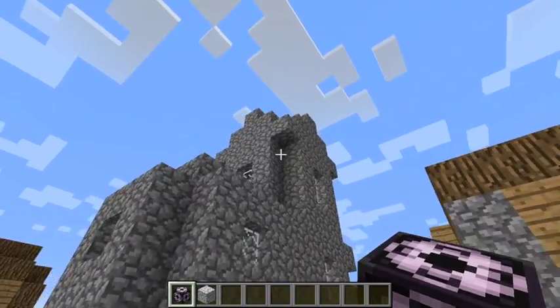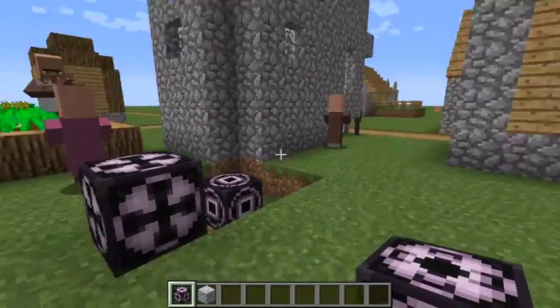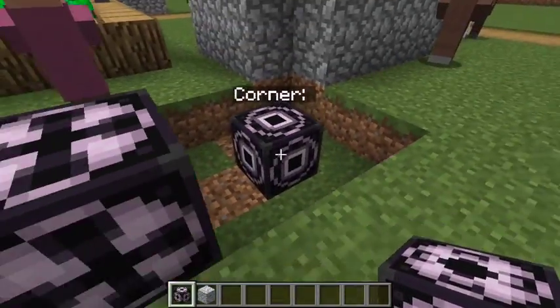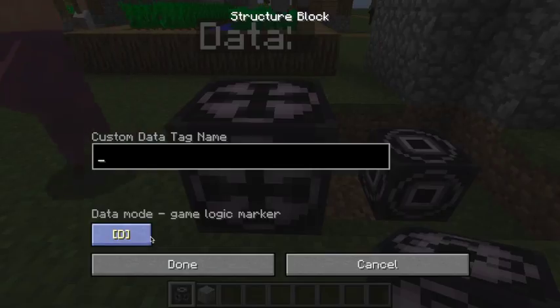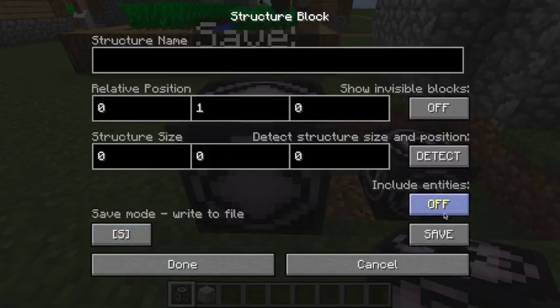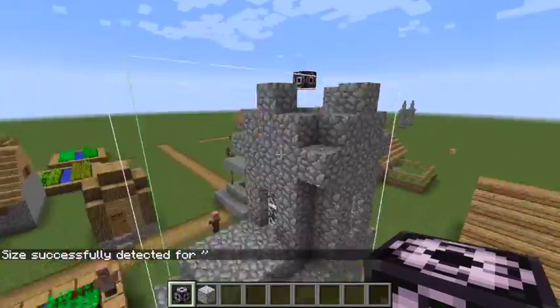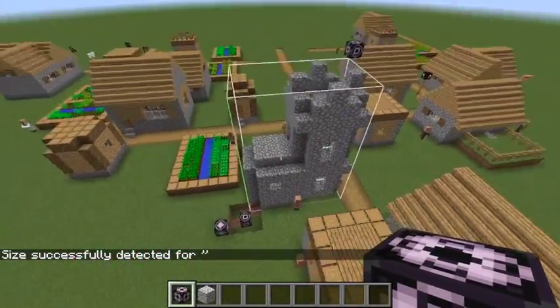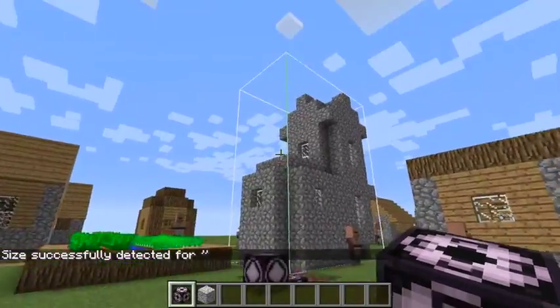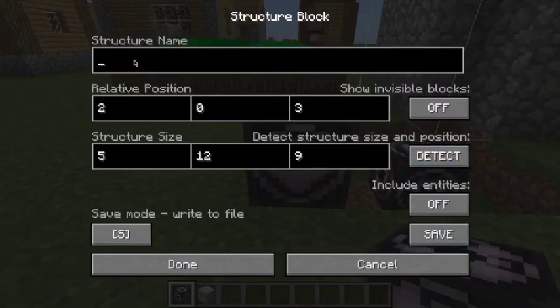But the box isn't showing right now, so what you need to do is place 1 block here, just any old block, anywhere around one of these corner blocks, go into it, and you should find a save mode, like we've done last time, and then you click detect. There you go. Then it automatically finds 2 corner blocks and puts a box around it, like so. So now I've got a box around our church. And then you just give it a name,